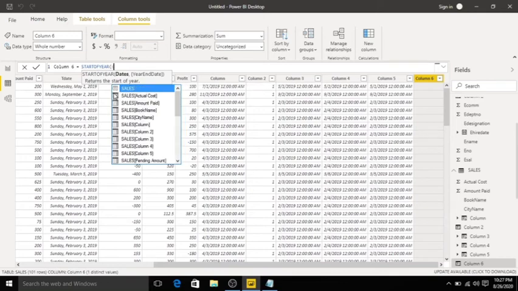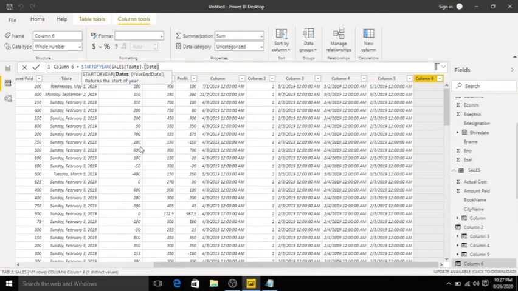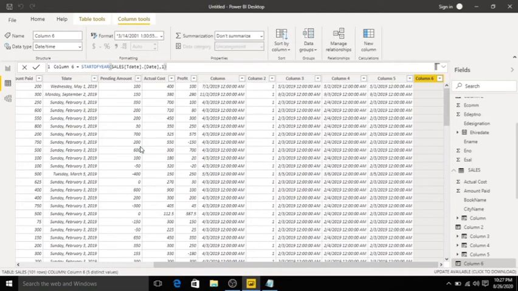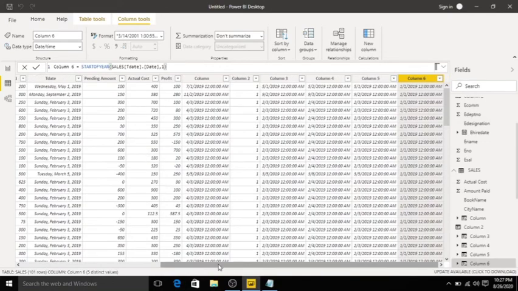I will provide the Sales table, Transaction Date. Click Tab, comma 1, year end date I will provide. Click Enter. See, the output will come.